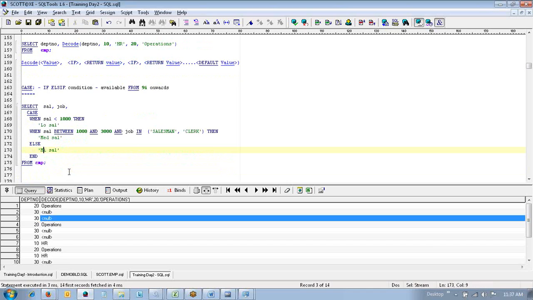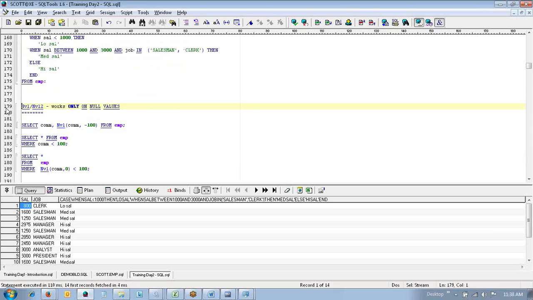So you can have multiple if conditions, else if conditions, or operators, any of the IN operators, and so on. Here I'm using IN, and I'm using a BETWEEN clause. You can use less than, greater than symbols. So basically, depending on that, it will return the value. So if I execute the statement,